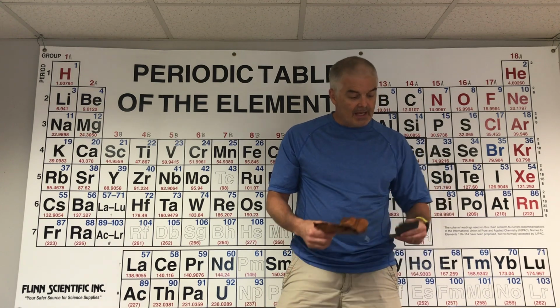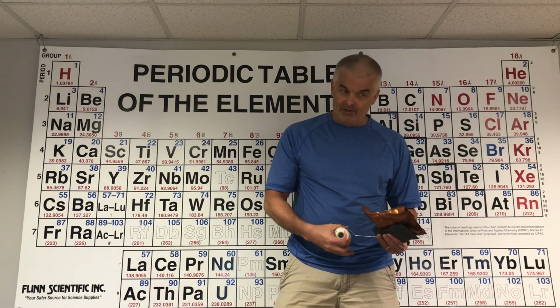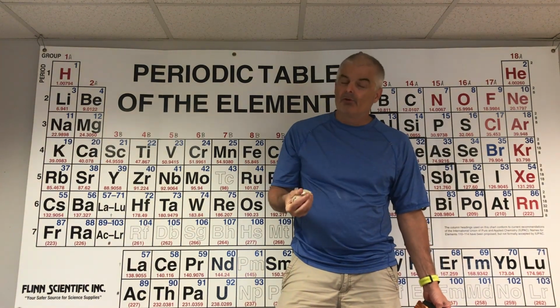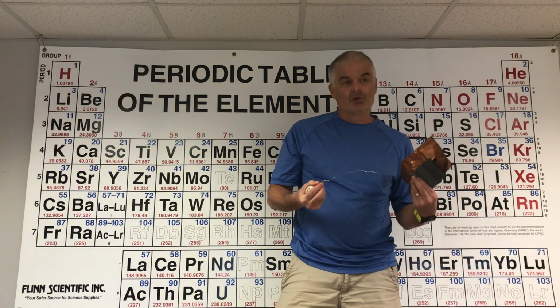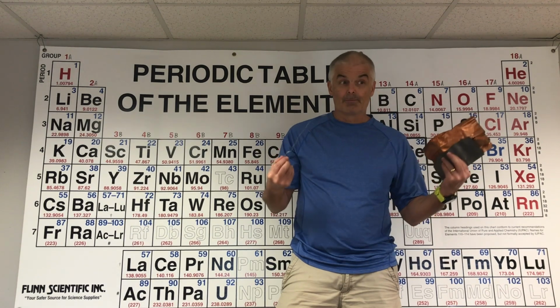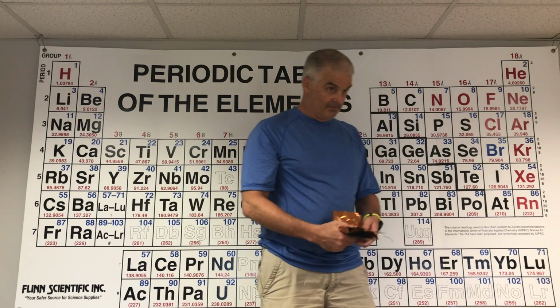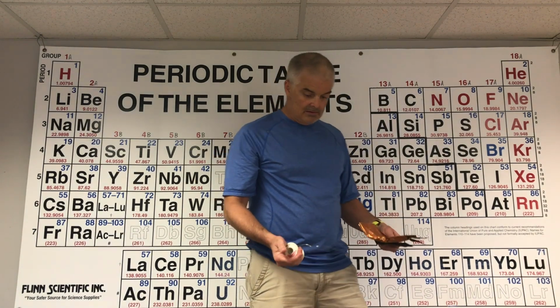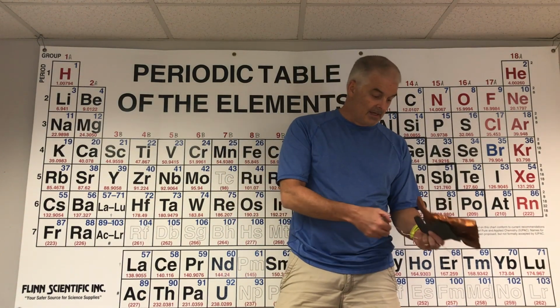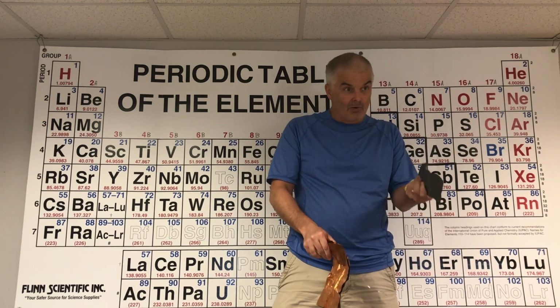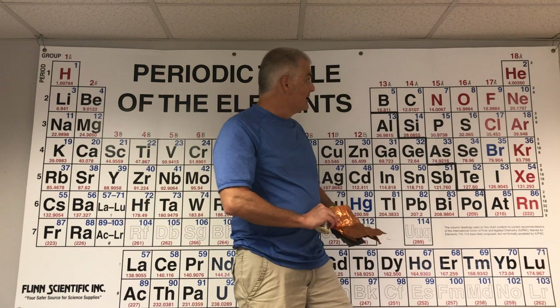Malleable. Also, you probably know this, your mom taught you this, if I were to stick this in an electrical socket, it would be a bad day for me. So they also conduct electricity. And heat as well. That's why we make our pans out of aluminum. How about that wire? That's another cool thing about metals: they can be pulled into wire. That's called ductility. So you can take copper and make it into a wire, you can make a lead wire, etc.